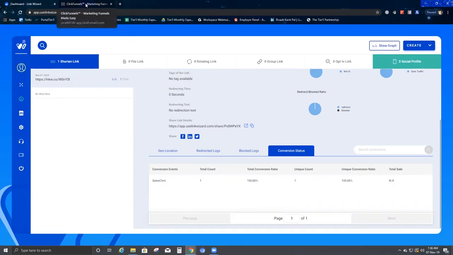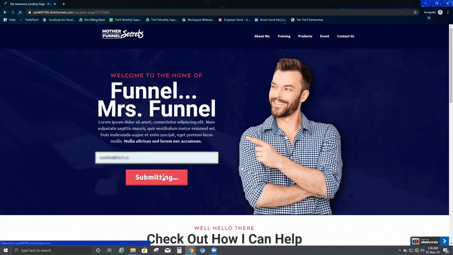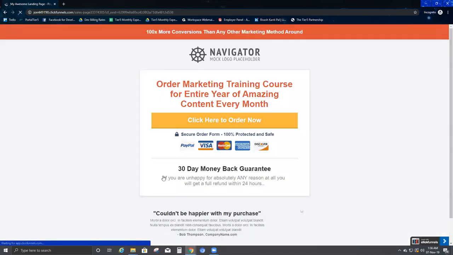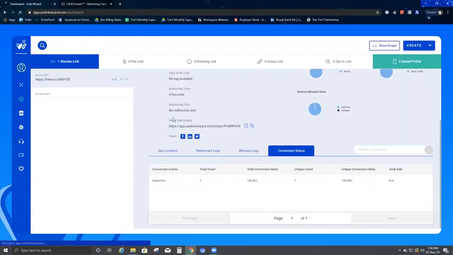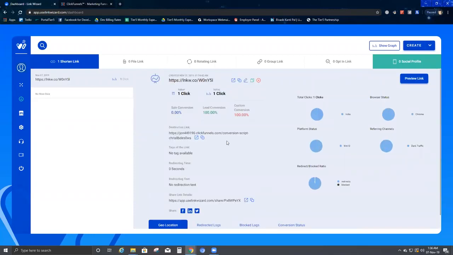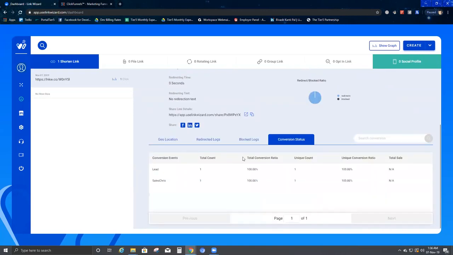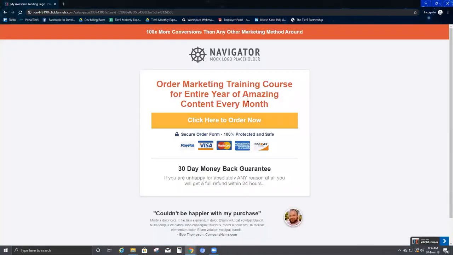Now I'll just go back to that particular product page, and I'm going to add an email ID out there, and I'll submit that. So once I submit, it takes me to this page. Let's see what happens in the Link Wizard platform. I'll just update, refresh it, and come back to the conversion status. Click on that. It says there is 1 lead,